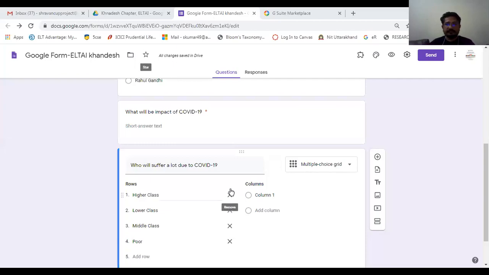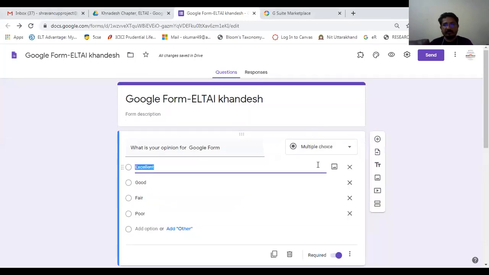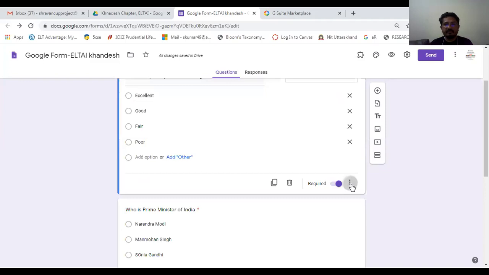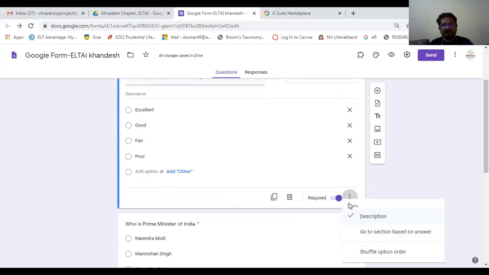Okay. So the first thing, multiple choice grid. I think somebody has asked a question about how to give multiple choices, meaning many options he or she can add. And even in the multiple choice, let me go to that question first.